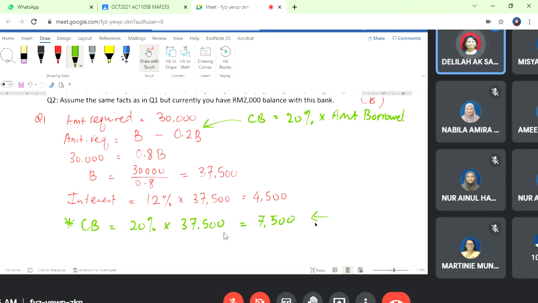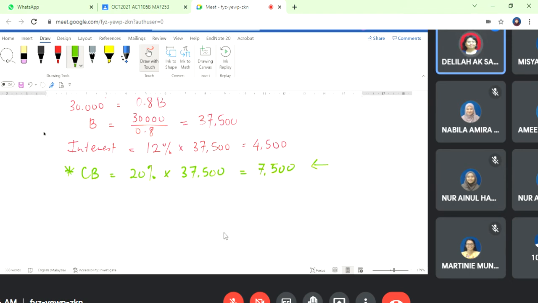If you are not confident whether it is correct or not, you recalculate. If CB is 20% of the borrowing, 7,500, you put it back into this equation: B minus 7,500. Do you get the amount required of 30,000? If it is exactly 30,000, then your calculation is correct. Otherwise, you can go straight to show